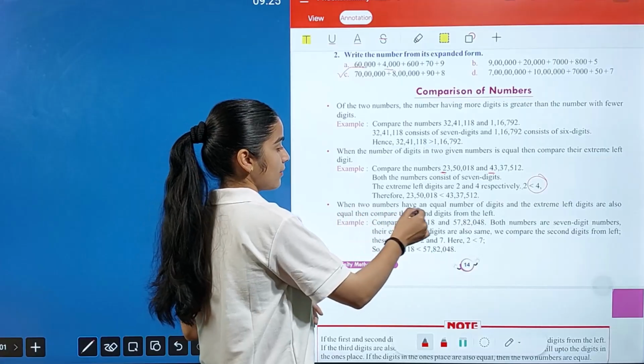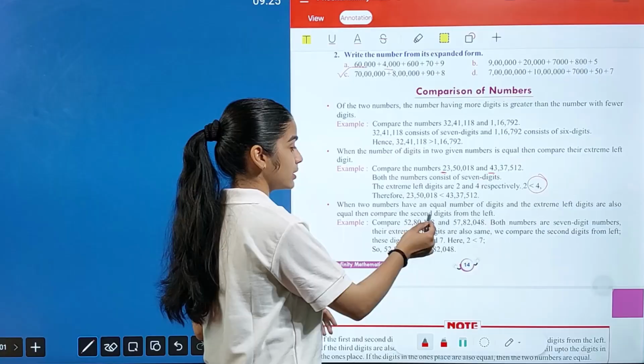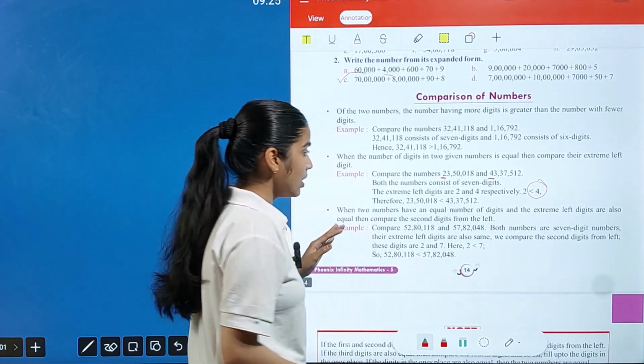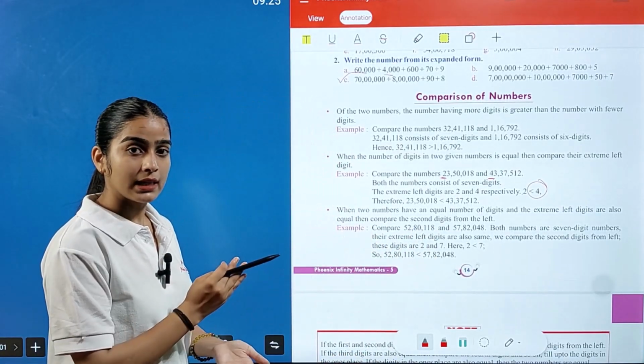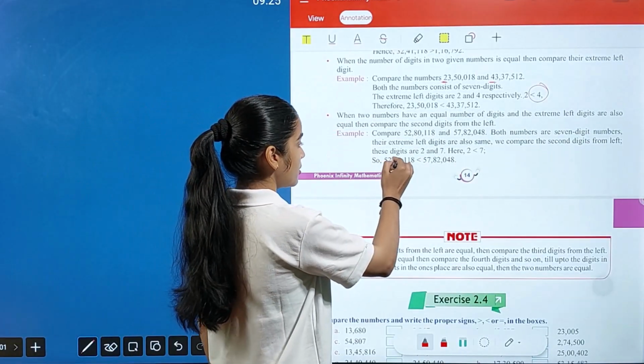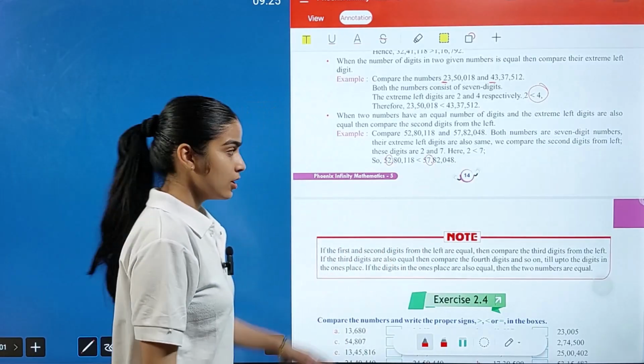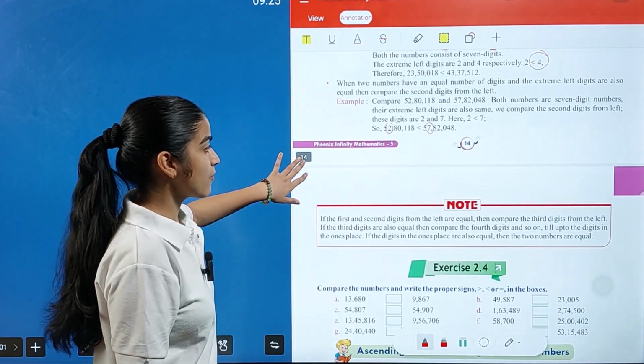When two numbers have an equal number of digits and the extreme left digits are also equal, then compare the second digit. Now what you have to do, if you have an equal number of digits and the extreme left is also the same, then you have to shift to the next number. So in this we have 2 and in this we have 7. So which one is greater? Obviously 7. So according to that, you can simply say 57 lakh